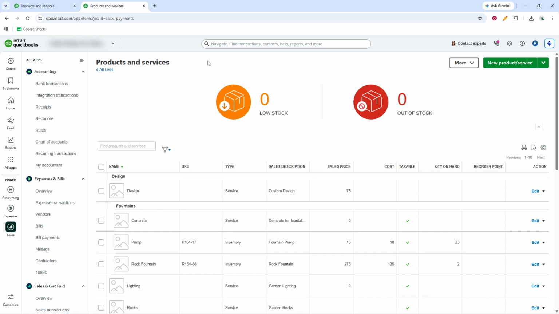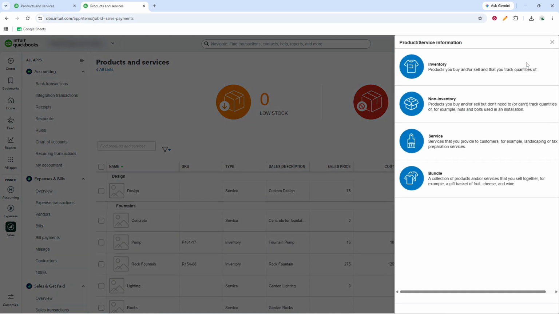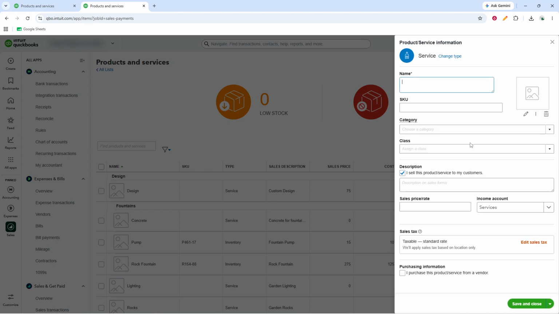Once you are on the Products and Services page, click New. QuickBooks will show you options for the type of item you want to create. Choose the product or service type that matches what you are setting up. This selection matters because it affects which fields appear on the form and how the item can be used later in your sales records. After choosing the type, move to the Name field and enter the name of the product